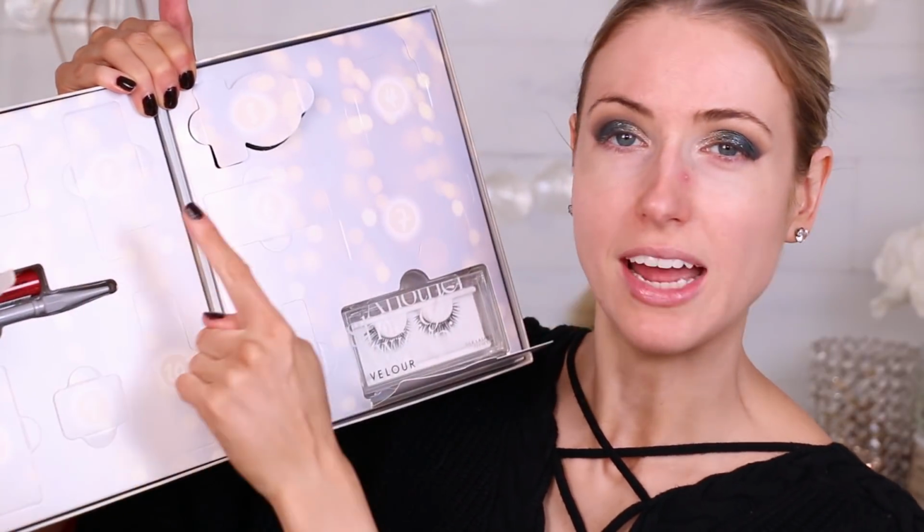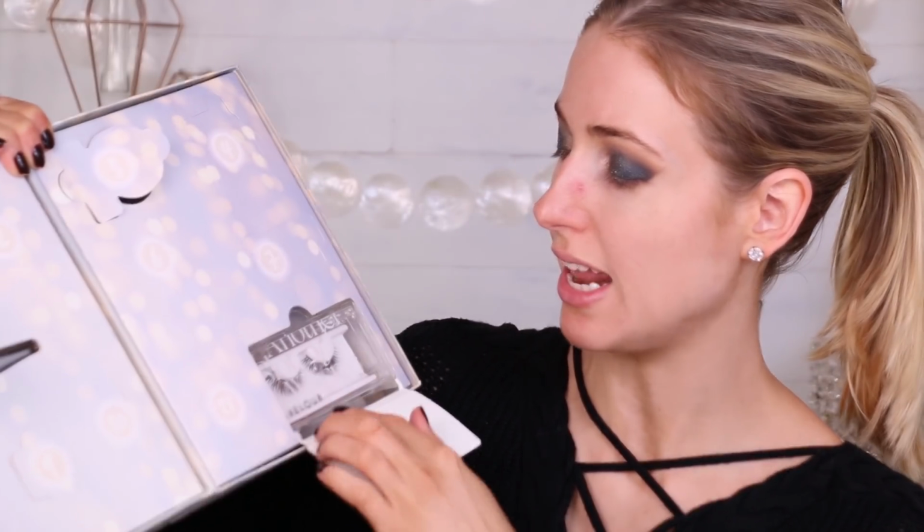And then the other box of mascara-esque products that I want to go over is the Sephora Favorites Beauty Vault 12 Days of Makeup. And this product was terribly rated. This was like $100, super expensive. And I think that's probably where everyone was getting super mad. I didn't want to go too much into the actual reviews of what people were saying before I had a chance to actually see it myself. So inside each of the days, you get 2 samples instead of 1, which is kind of fun, except on the last day, which you get a pair of lashes, and these are Velour Lashes, which in and of